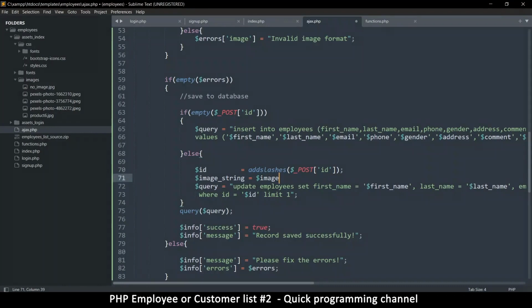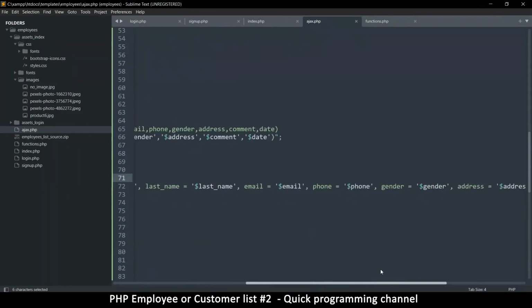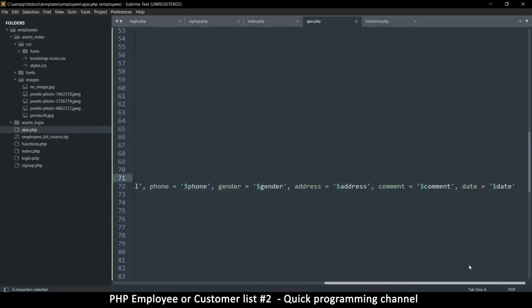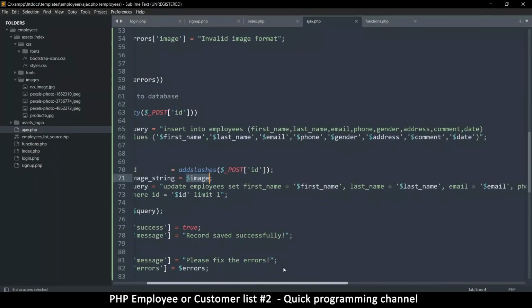So let's try, and the image string will look something like, let's move here. That's the part where we're adding the image. Oh, so we don't actually add the image thingy here at all. So let's change that. So after date here, I'll put image as a column,